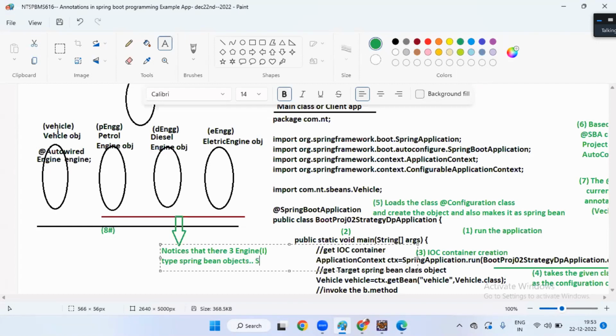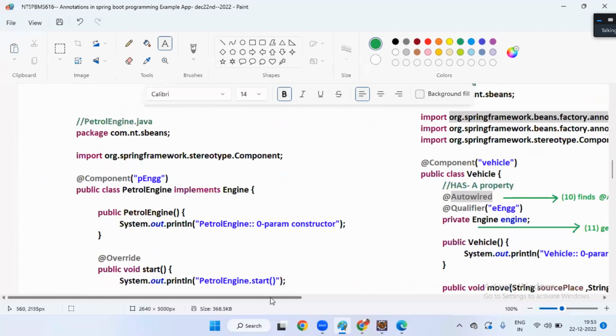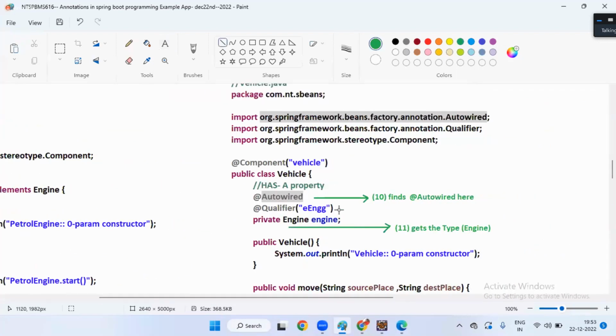Objects. So the dependent becomes ready, to pick up the dependent based on by type. Yeah, this is going to be 12, boss. Here, what is there, guys? Qualifier is there, na? Qualifier says, even though many are there,